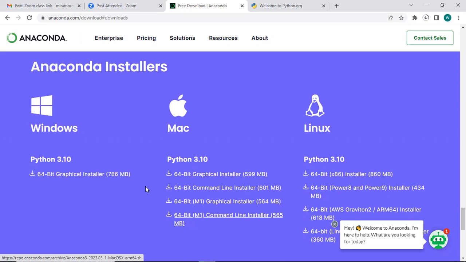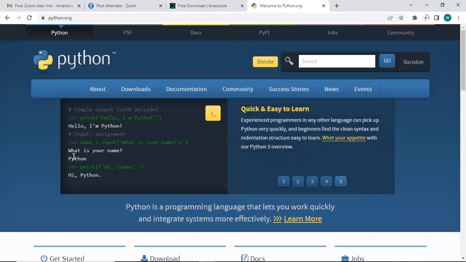So this is how you can download and also install. Don't forget, and also please, for those downloading through python.org, the direct method, note that you cannot use it with Windows 7. Make sure your Windows is Windows 8 or above, not Windows 7, in order to avoid issues, which is very important.